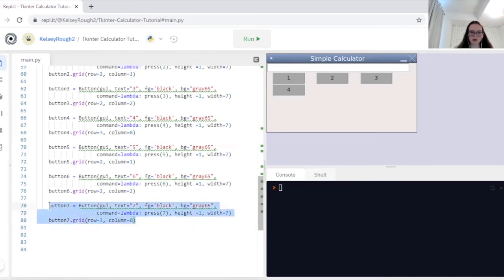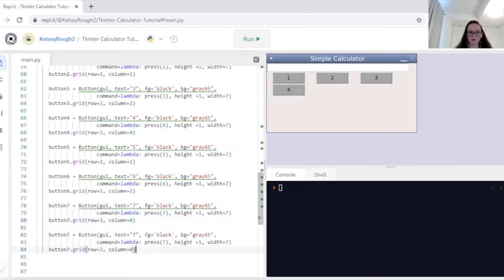I'm going to copy this one just so that we have the row the same, and we'll keep going from there. So we have button 7 and 8. And once you get into this part, you'll definitely get the hang of it. It's fairly simple. All I'm doing is I'm going in and I'm changing all of these values. So you'll see if we run it now, we should have our